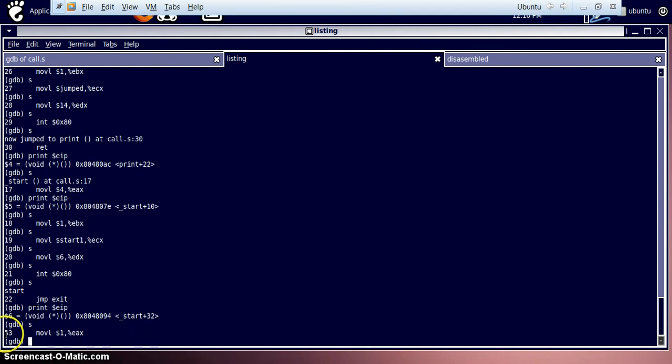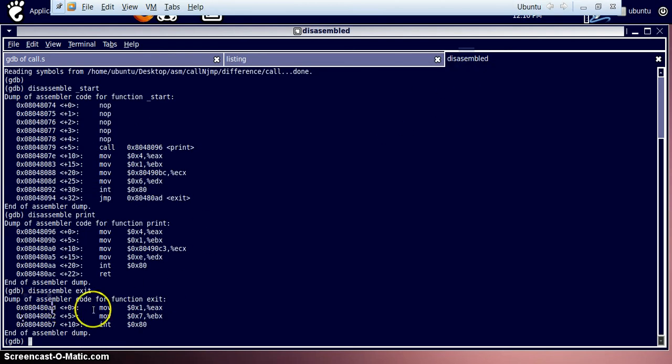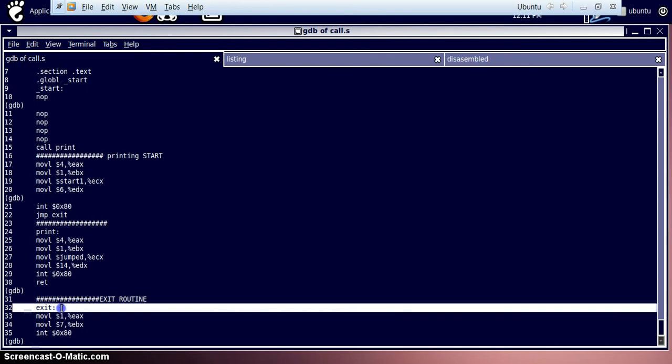If you don't follow these memory addresses, you can follow the execution line-wise. So let's get our instruction pointer. Instruction pointer is now at 8080. 8080 is the address of our exit label. So now the program execution reaches from jump exit straight to the exit label.